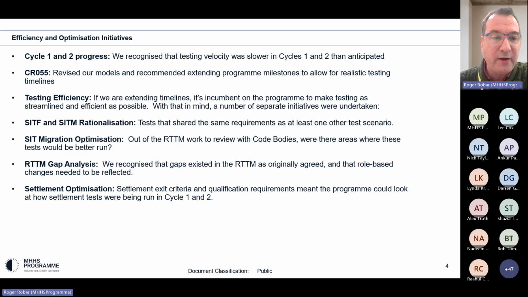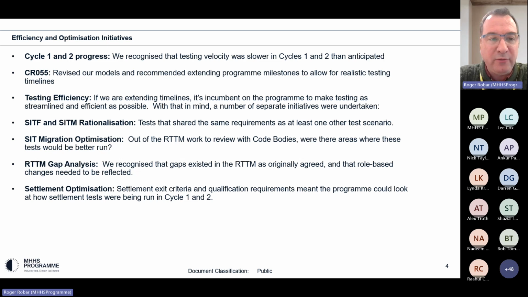All right, stages of scope refinement. During cycle 1 and cycle 2, we recognized that testing velocity was slower than we'd anticipated. We had various models in place that showed what we would need to achieve to reach the original timelines.